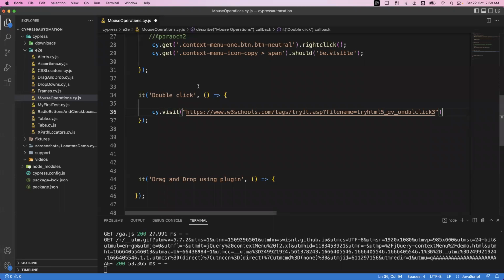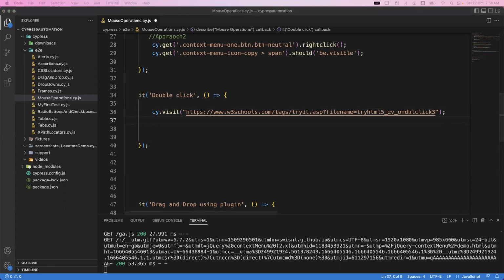So in Cypress or JavaScript, we can use double quotations or single quotations, both are allowed, and even the semicolon is optional in JavaScript. You can keep the semicolon or not, no problem. So this is cy.visit, which will launch my application, and after that, before interacting with these elements, we need